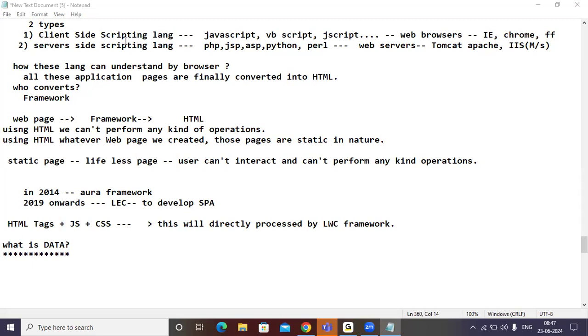Data is different. What is data? Pratika, everyone speak out. I'm not asking a difficult question here, guys. Hello, Pratika, Alok, Rajesh.